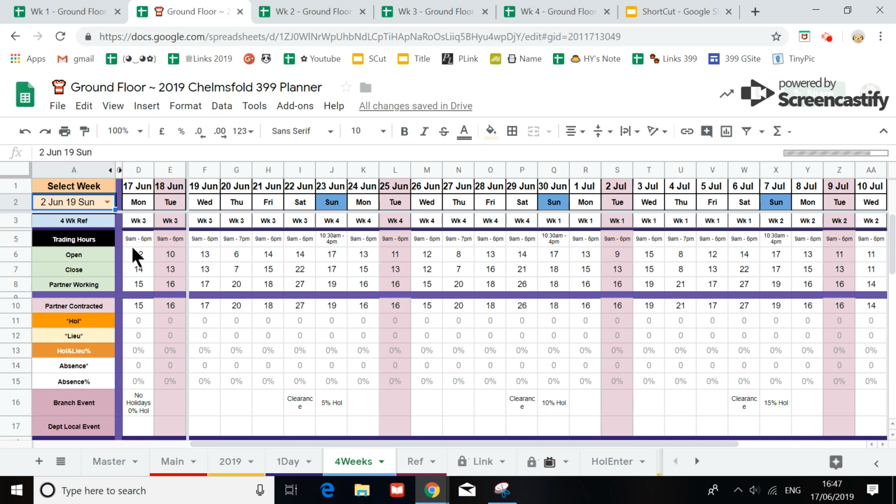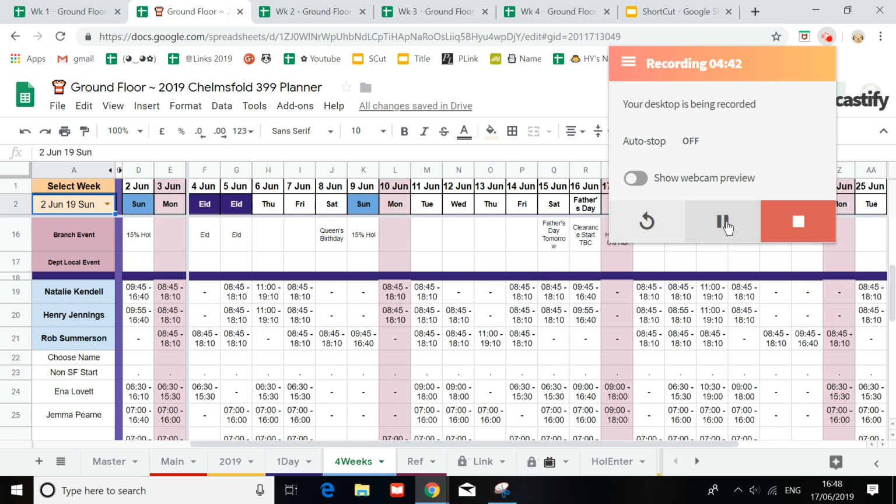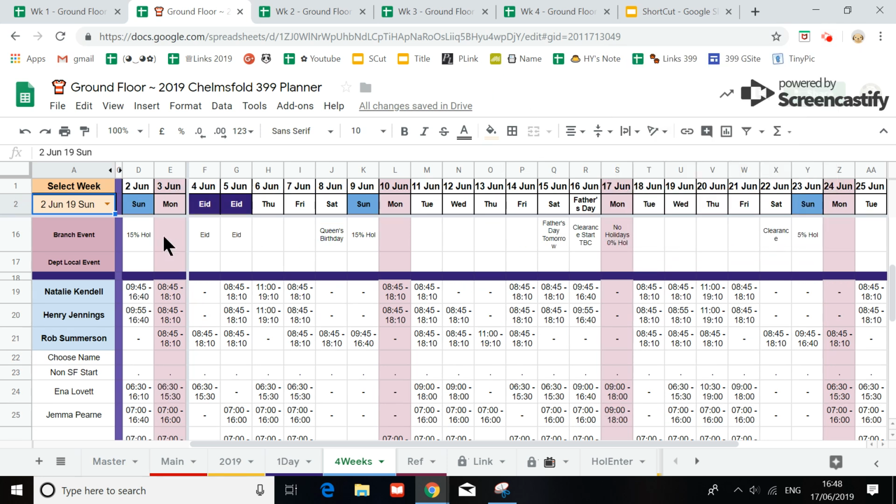Give it some time for it to load. What it will do, it will pull up everybody on this date. So we just have to wait for that to happen. Hold on 1 moment, please. So all of this is reading from 2nd of June now. Yeah. And therefore, if you go back to week 1,